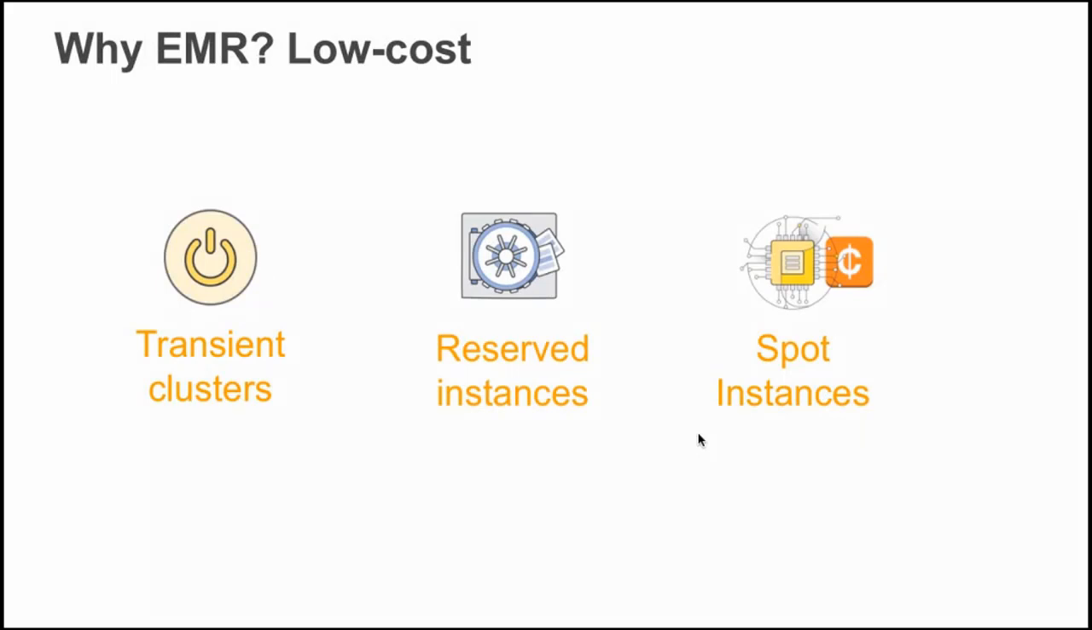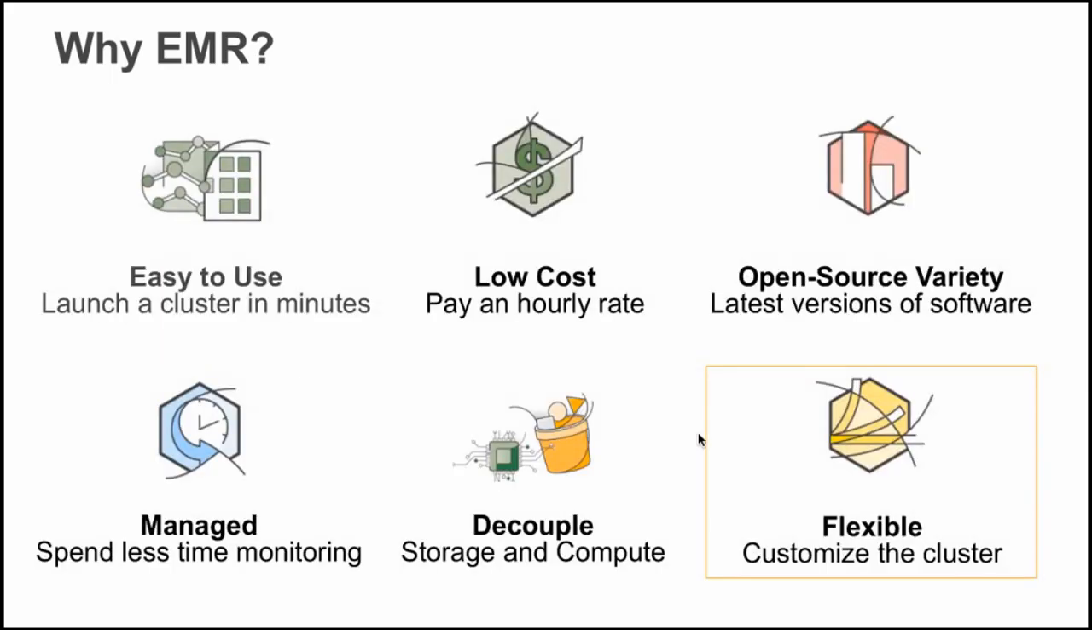EMR also does allow you to do things like spin up transient clusters. There's no need to have clusters running full tilt 24/7, right? You can spin up clusters on the fly as you need them. Within those clusters, you can use things like reserved instances and spot instances. These are both fantastic models for saving cost on Amazon EC2 and ultimately your EMR clusters. And we'll get a bit more into spot instances here in a moment. All right, so